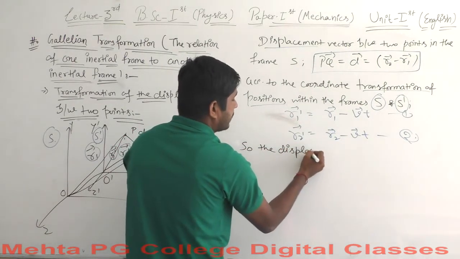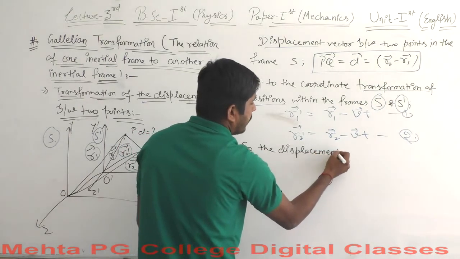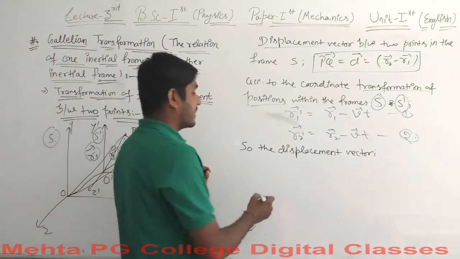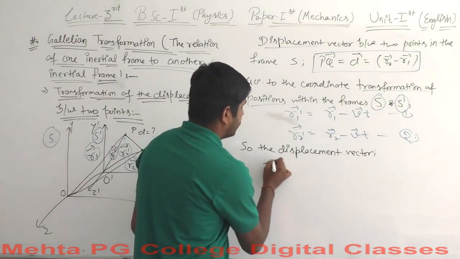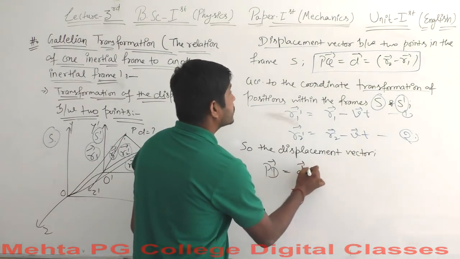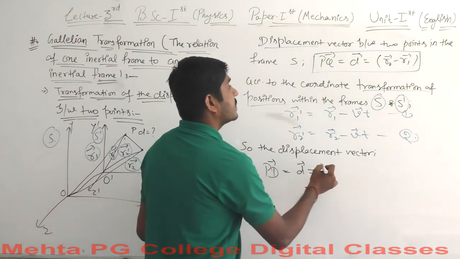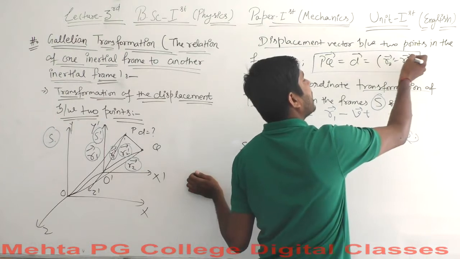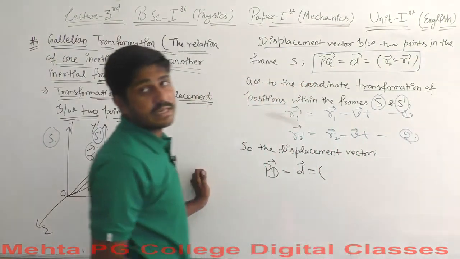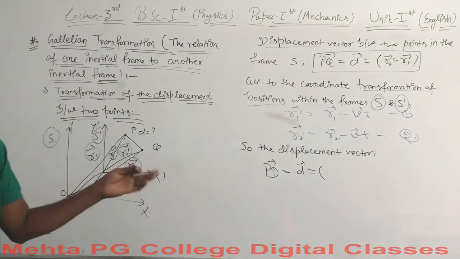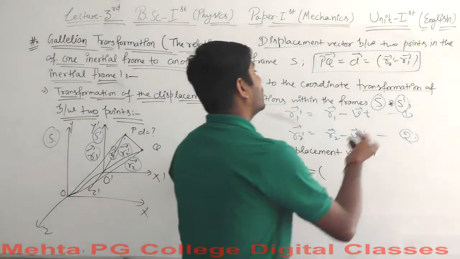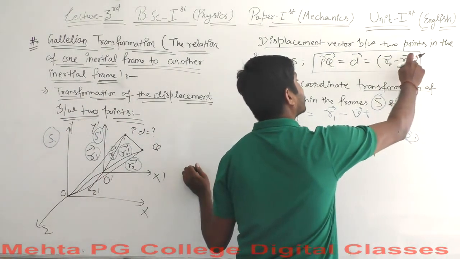so the displacement vector D is equal to the d vector. Well, this is r2 vector minus r1 vector. Let's say this is r2 dash vector and r1 dash vector. That doesn't matter here, because we will use the values right in here. Well, let's say this is r2 vector, r1 vector.